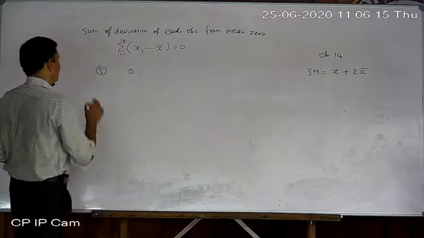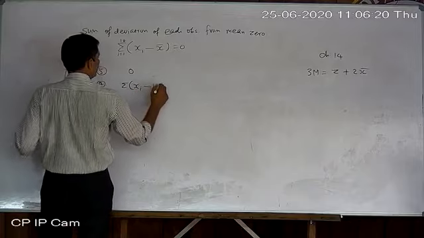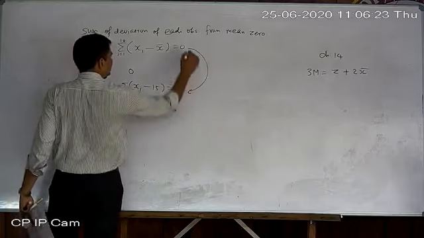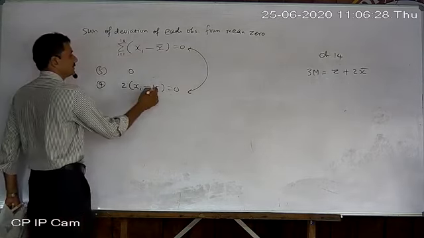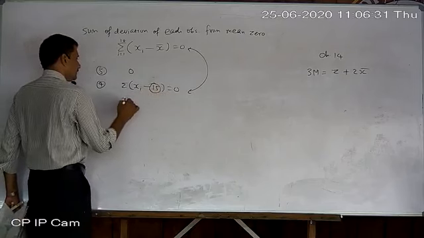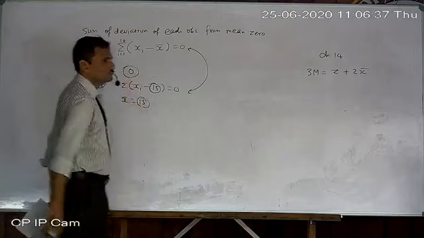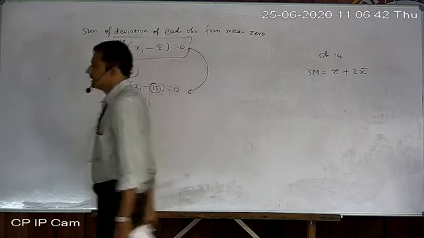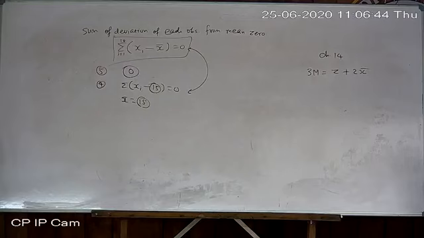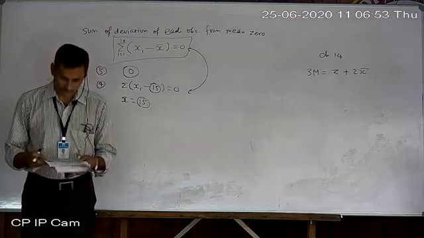Now look at number 4. They have given sigma xi minus 15 equal to 0. Now compare both. Obviously xi minus x bar is 0, so this is nothing but x bar. So x bar equal to 15. So in the fifth one the answer is 0 and in the fourth one the answer is 15. You just remember this and understand that if you take the difference of each observation with the mean and then sum all these differences, it becomes 0. Okay, so that is the concept.